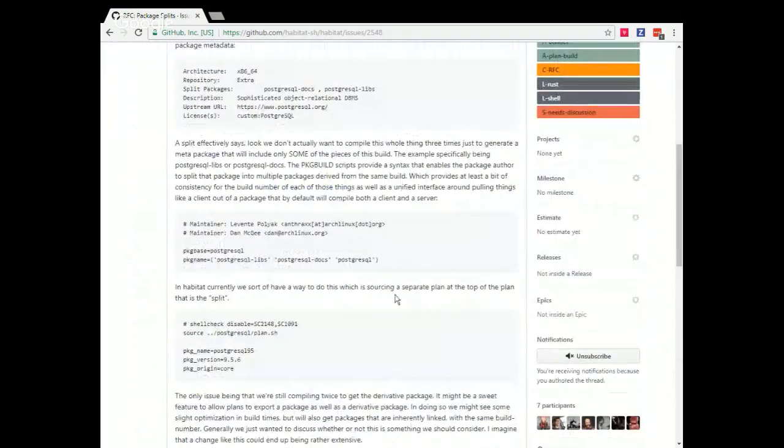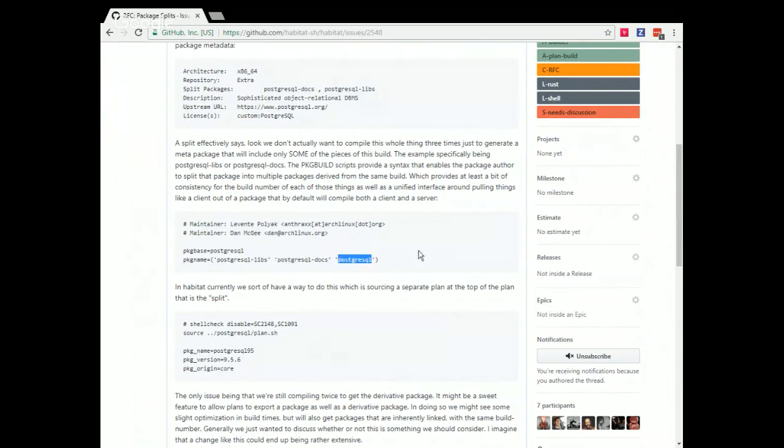By and large, effectively, what the issue is a discussion of how to minimize builds for things that are going to output more than one type of artifact. So when we're talking about Postgres, if you build Postgres, we don't necessarily want to build Postgres and then build Postgres again and throw away a bunch of the stuff only to get the Postgres libs, which you would use if you're making a connection as a client to the database as opposed to having the full database running. Same thing goes for our docs if we want to be able to output an artifact that's just docs.